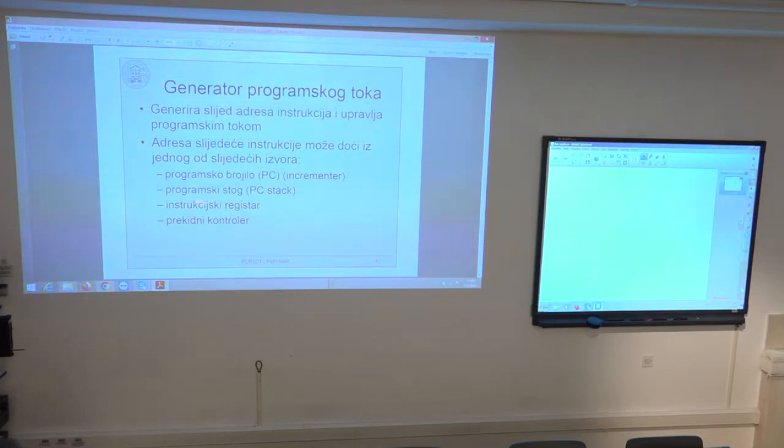And finally, the value can come also from instruction register if it is some kind of jump. If it is jump, then this address where jumping or jump subroutine comes from part of the instruction register, and it is used as a new address for branching. Okay, and